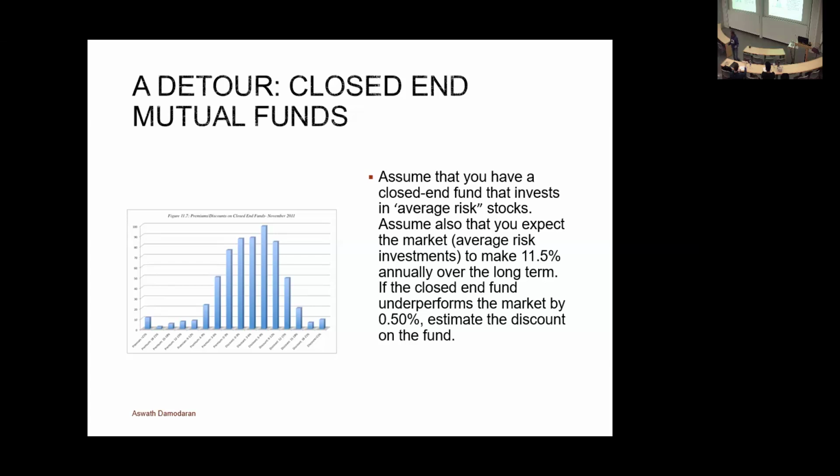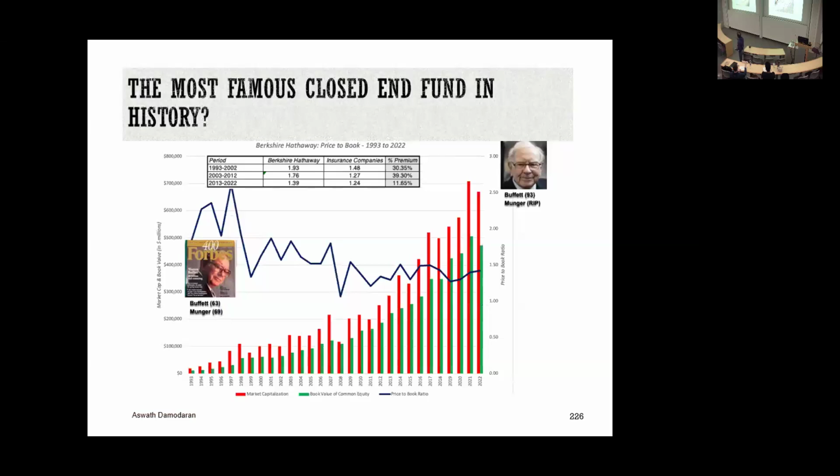You have the most famous and best regarded portfolio manager of all time running your closed-end fund. How is it going to show up? It's going to show up as a premium that I'm willing to pay for Berkshire Hathaway. One thing to remember, when you buy Berkshire Hathaway, you're buying all the shares that Berkshire Hathaway invests in, Coca-Cola, Washington Post, Occidental, but you're paying a 50% premium over the market price in doing so, because that's effectively what that price to book ratio is. Remember that Berkshire Hathaway is required to mark to market all its holdings. You're paying a premium on top of that.